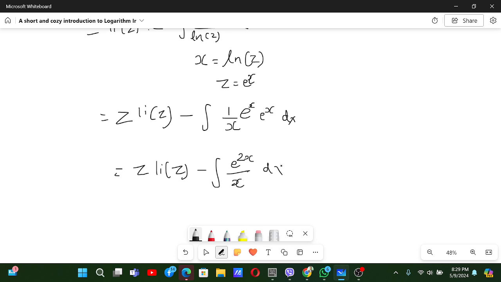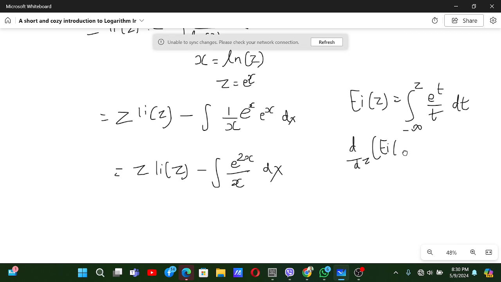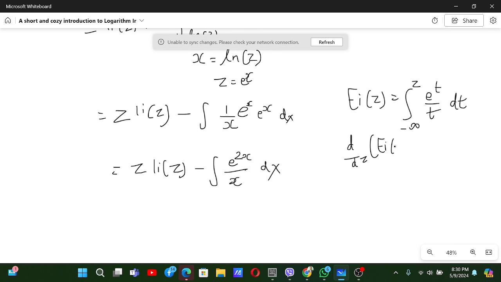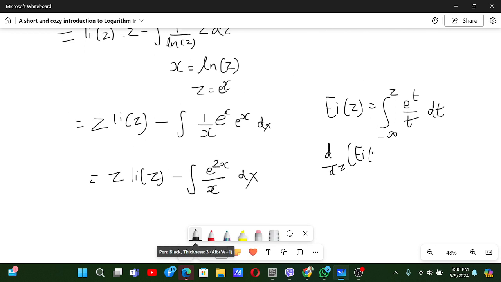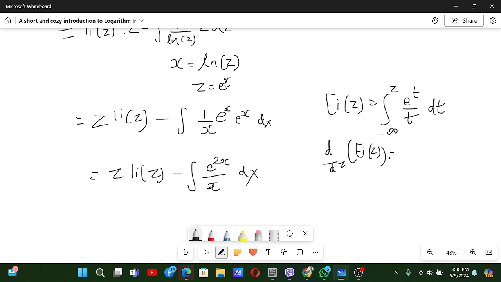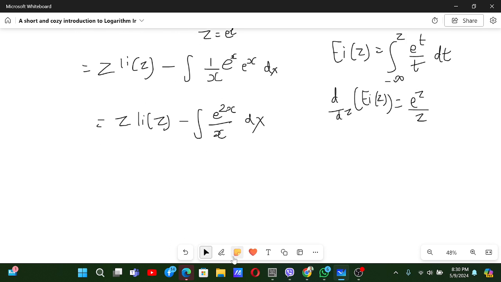Now we also know that the Ei function of z is basically the integral from minus infinity to z of e to the power t by t dt. From this definition we can see that the derivative of Ei of z will just be e to the power z by z. So you can see that the integral of this thing will just be Ei of z. So what we can do is make here 2x, and then also over here 2,